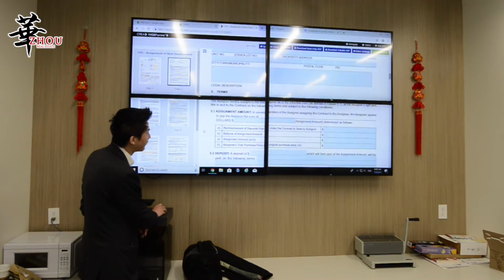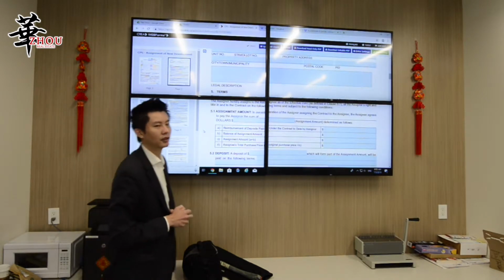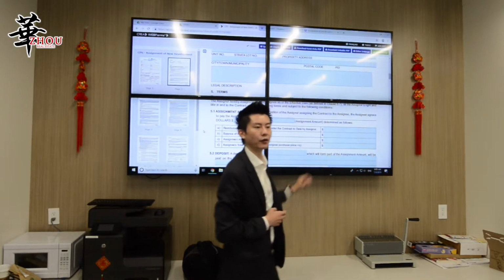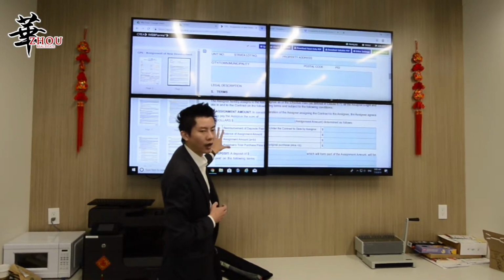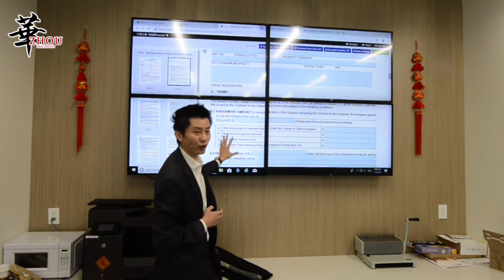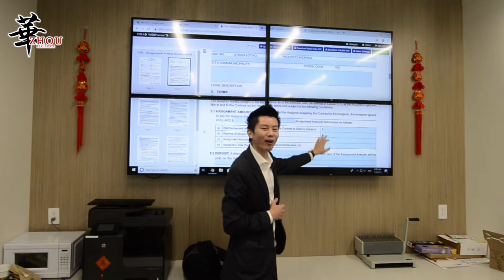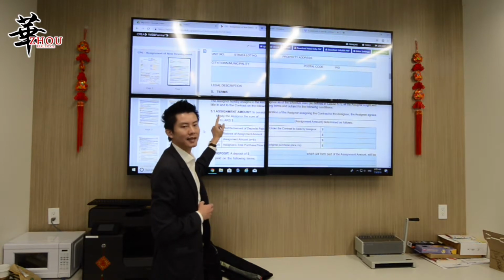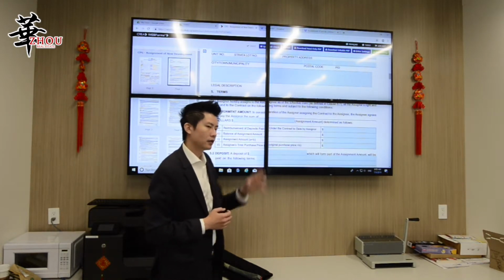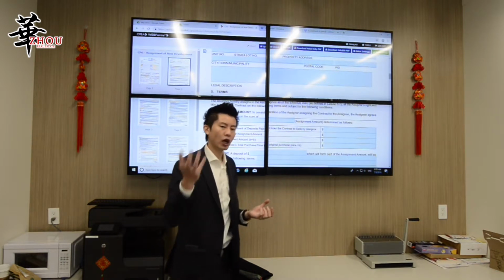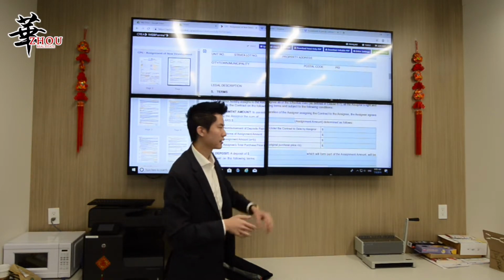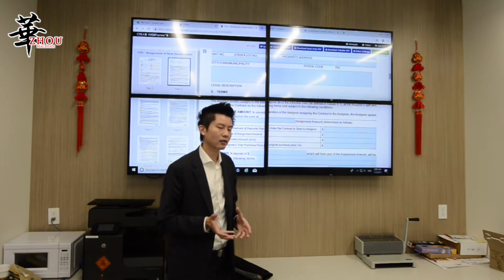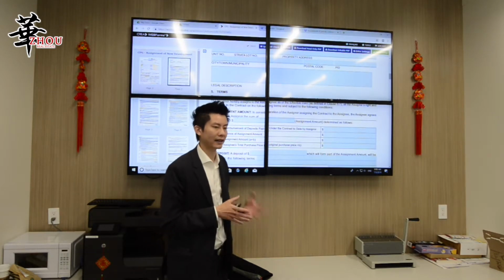Terms, number 5, terms. This is very important. These numbers here, you have to fill in, but they won't add up automatically for you. So 5.1, you have to use a calculator, calculate very carefully. The numbers cannot be wrong, okay? So what is the assignment amount? Assignment amount means the deposit plus the profit together. It's called the assignment amount. This assignment amount is what your buyer, the assignee, pays the assignor at the end of the transaction.